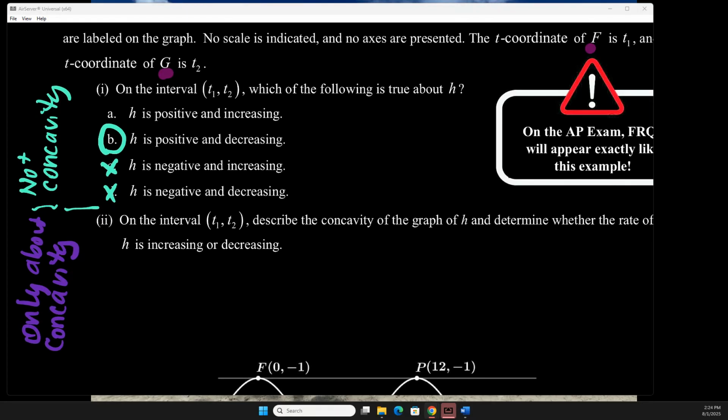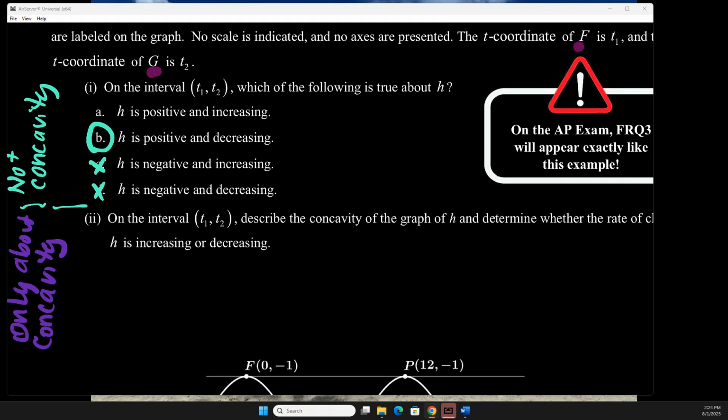So this question is going to ask you to do two things. First, it's going to ask you to describe the concavity of the graph of h. So I'm just going to start off and say the graph of h. I really like to quote the problem on here, so because it says graph of h, I'm just going to say the graph of h is,